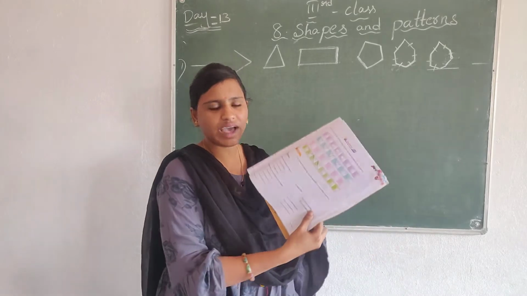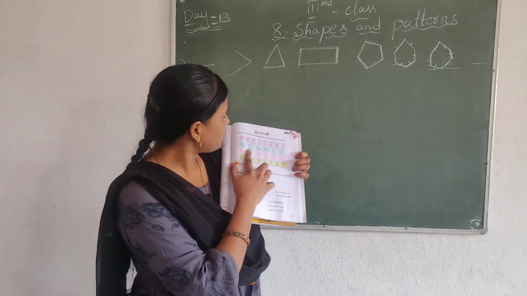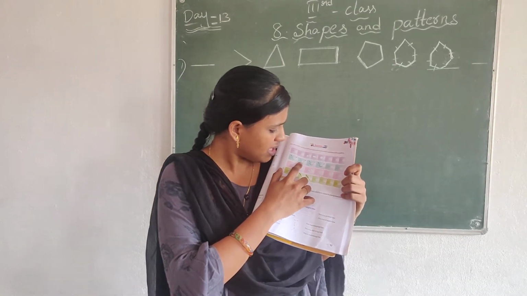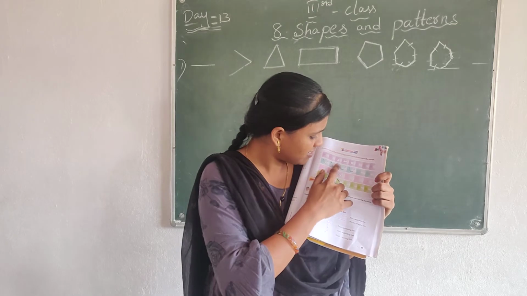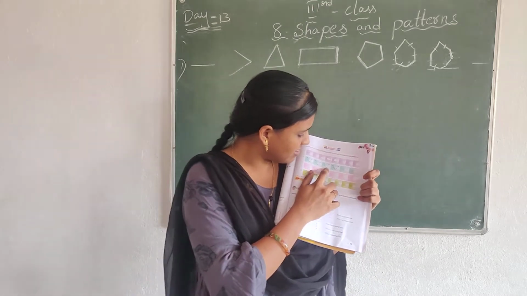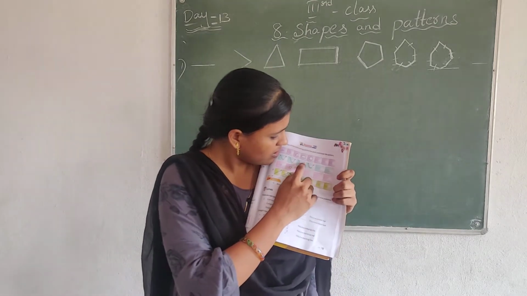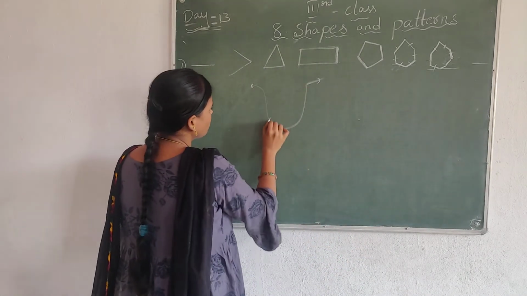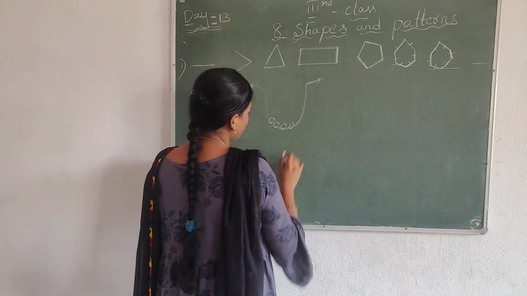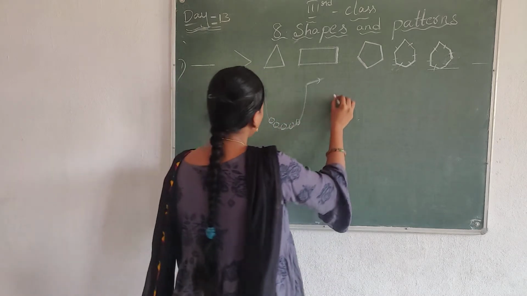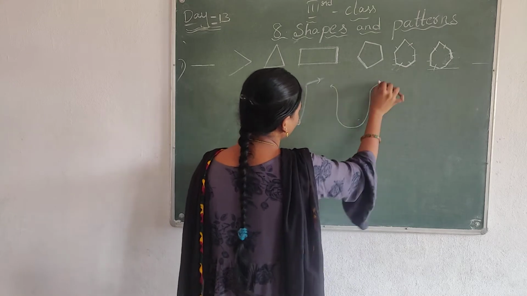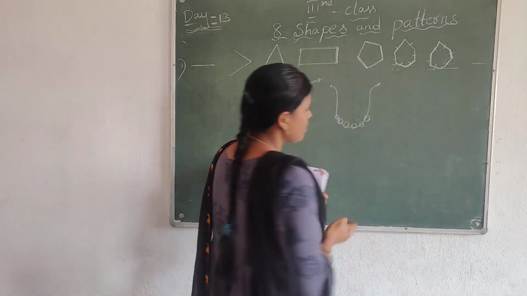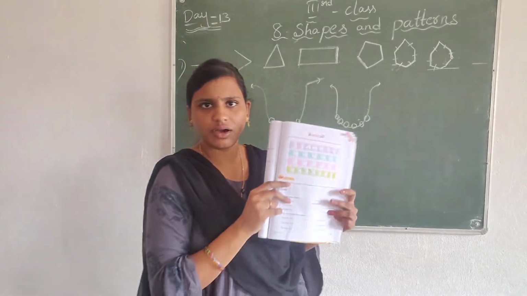We have these types of patterns in your book. Let's see one of them. What is this? A chain. It has 1 circle, and see, it has 2 circles. Here it has 3 circles. Here it has 4. Again draw this chain. Put 4 circles, then 5. Next take again, put 6. Do like that. Okay.